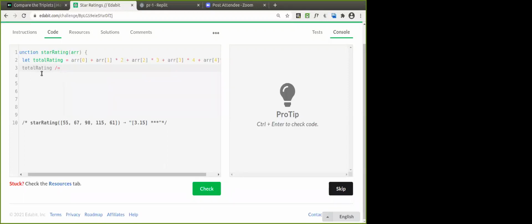So how do you get the sum of the total elements of an array? Array dot length will give you 4. Sorry, in this case 5, but I want the sum. Simple question, sum of the elements of an array. How are you going to get it?